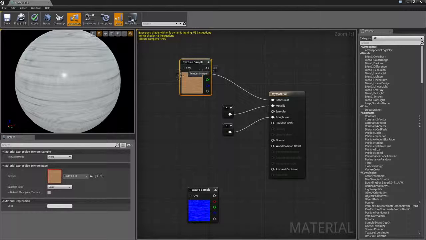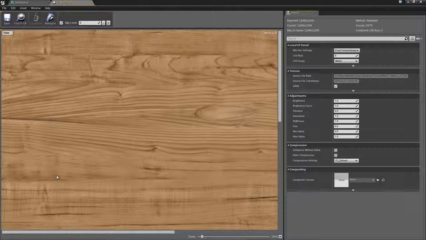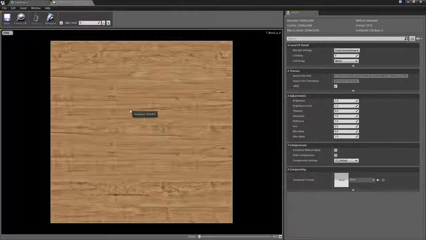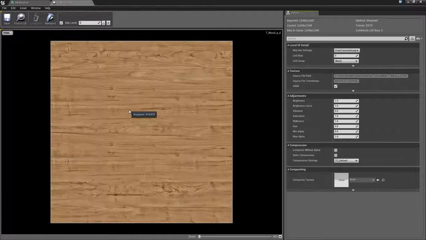So with this texture sample node created, I'm going to come over here to the details panel in the material editor and double click on this material swatch. And this opens up the texture editor here inside of Unreal. I can scroll the mouse wheel back a little bit so we can see the entire texture. And while I'm not really all that interested in going through all of the nuances of how to edit a texture, that's kind of outside the scope of this video,